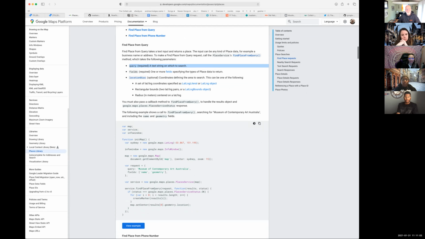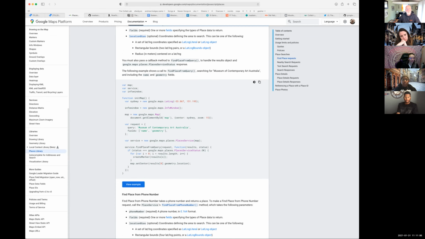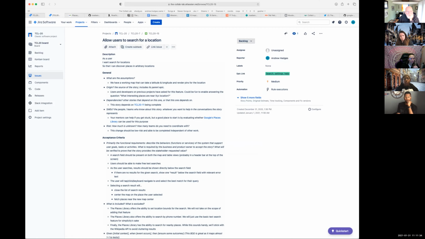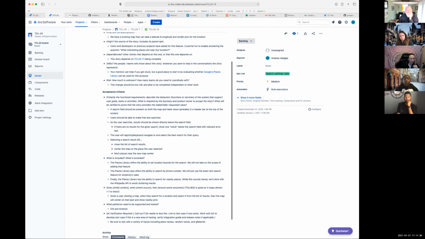So I think this is probably going to be the thing. It does a lot of things that we don't need it to do, like a location bias. I think we could probably skip that. What location bias is, if there are two places named Portland, choose the one that's closer to me, right? So I'm not interested in Portland, Maine. I'm interested in Portland, Oregon, right? But I think we can skip that for our purposes and just do the simple text query. I don't know if I say that in here or not.